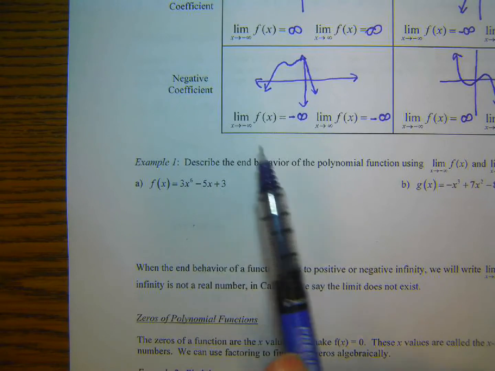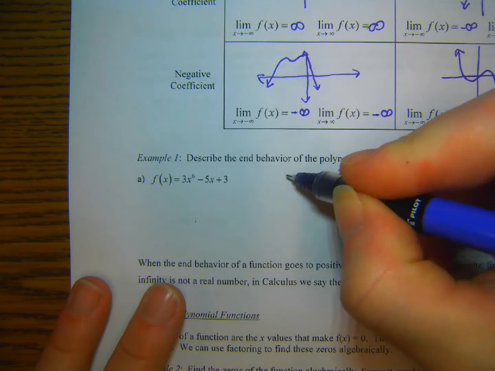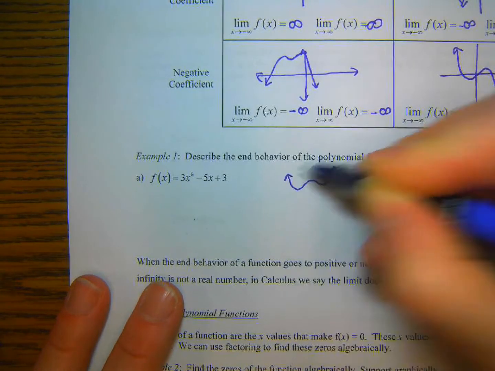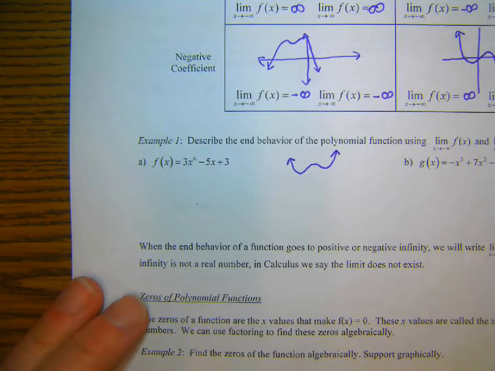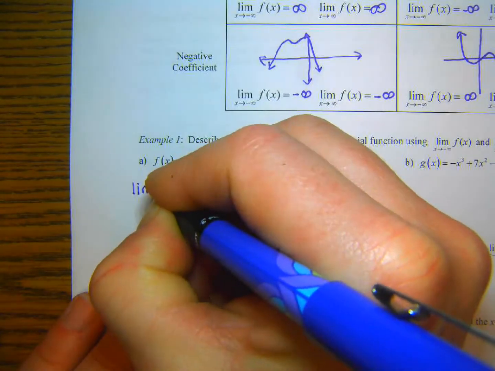This stuff here, it changes intercepts. It changes how many extrema or maxes and mins there are, but I can still tell the end behavior. I know that this might do a bunch of stuff in here, but I do know that the ends are going to look like that. Does that make sense? Okay, so if I asked us to describe the end behavior, I would write the limit